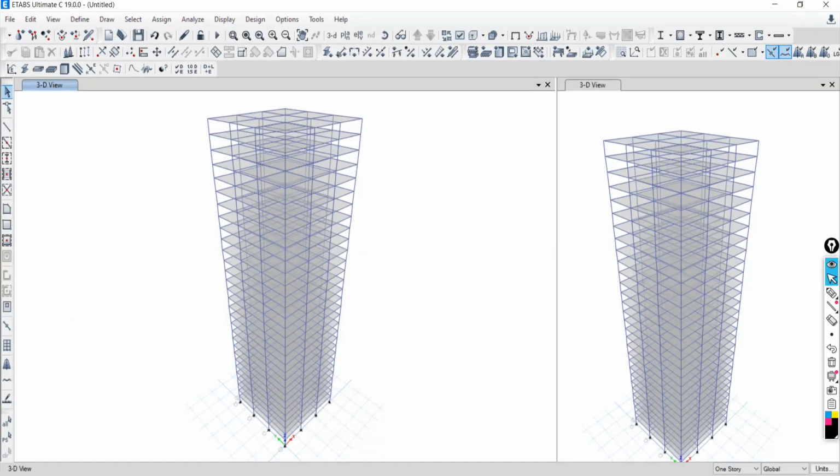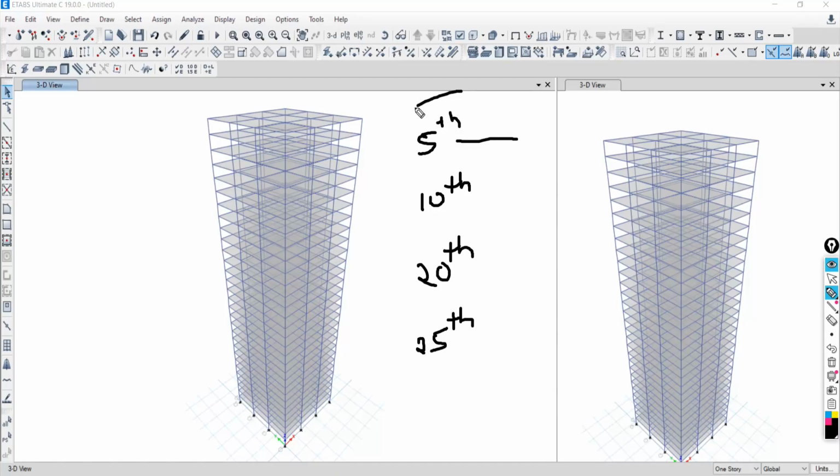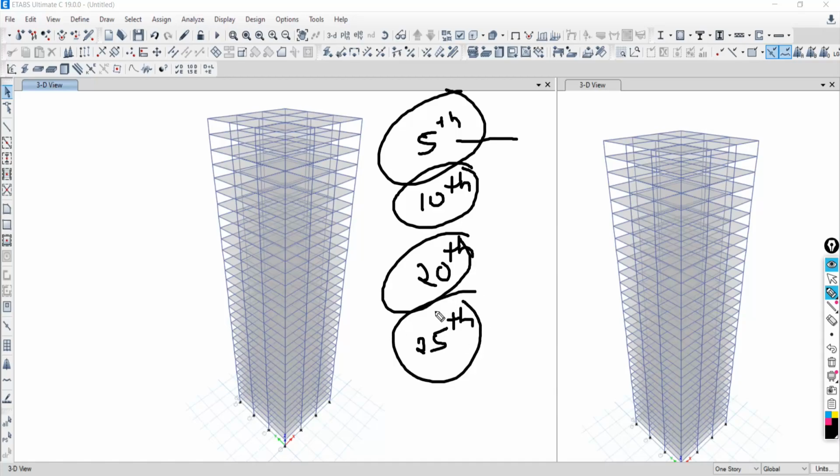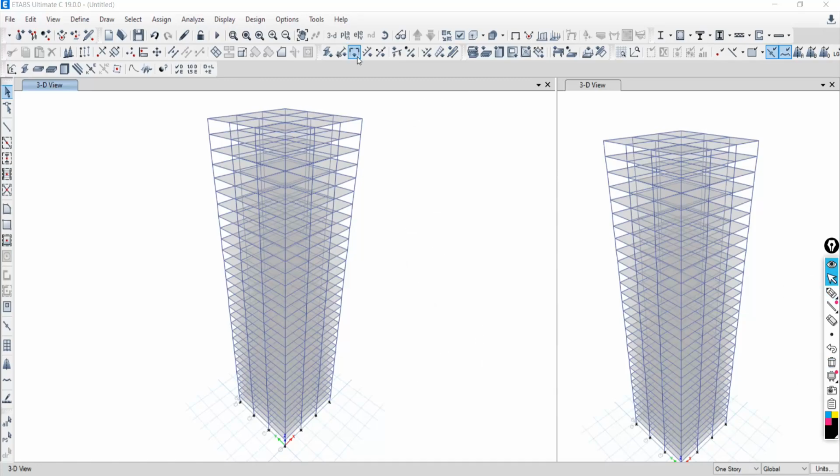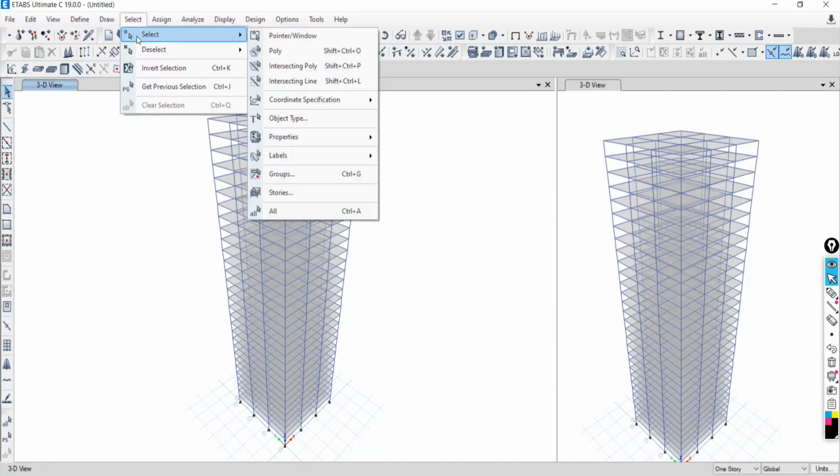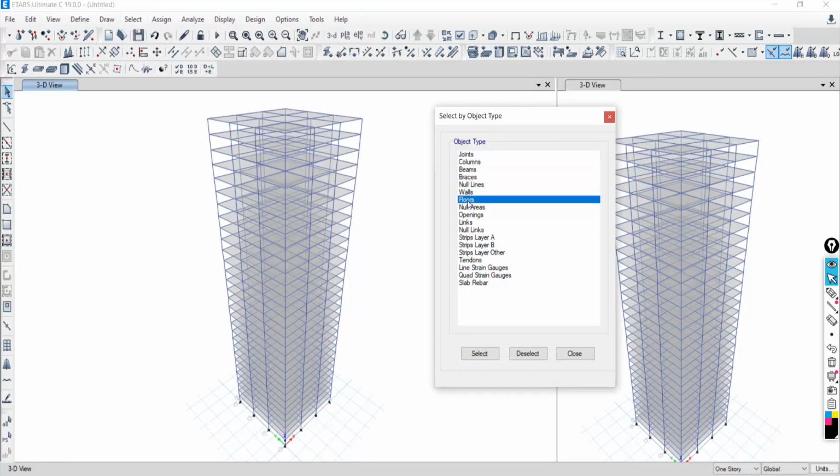Next, my intention is to select all the slabs of the 5th story, 10th story, 20th story, and 25th story. How can I do this? If I follow this option, go to select, go to object type as floors.